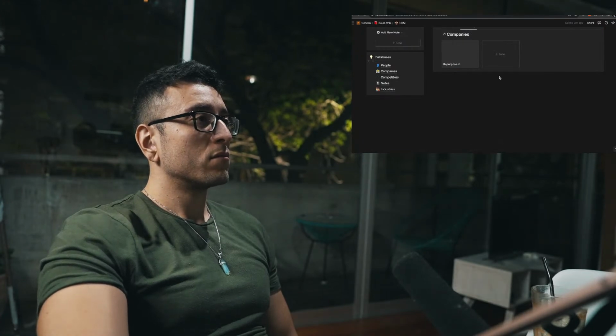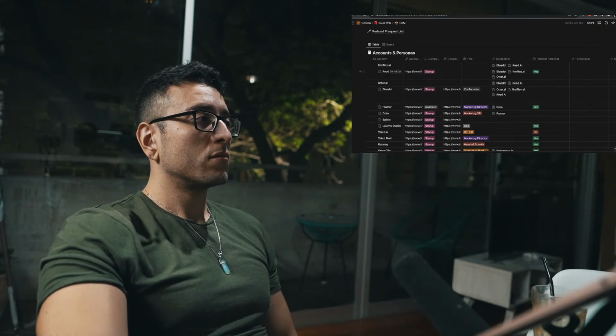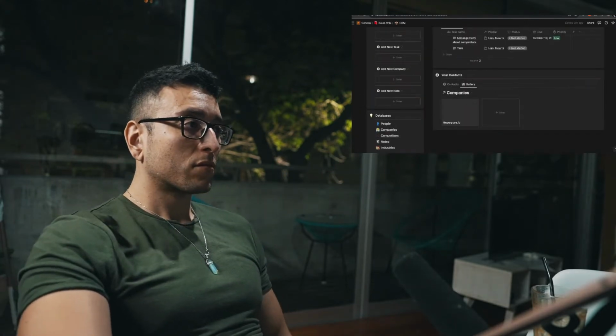Again, if you want to, you can click on these three dots, go into properties, and you can show specific properties that you want to show, like related people or related tasks. And you can even click on these three dots,